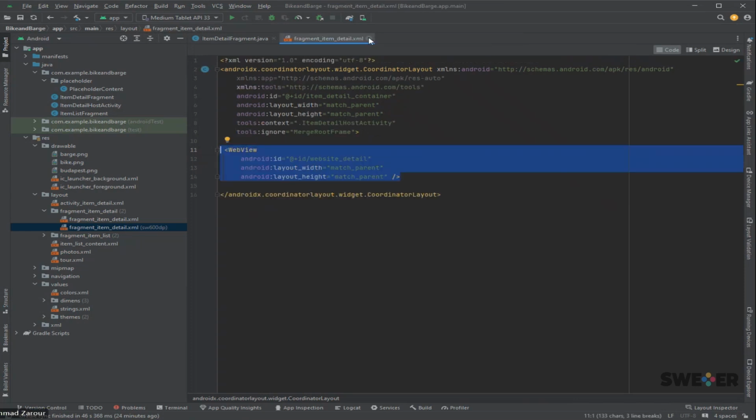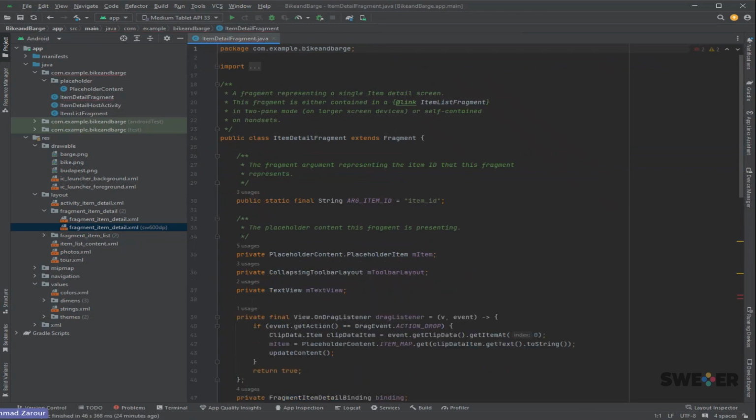Close, save. So our layouts are ready now. Our layouts are ready. What we will do now, we'll go to